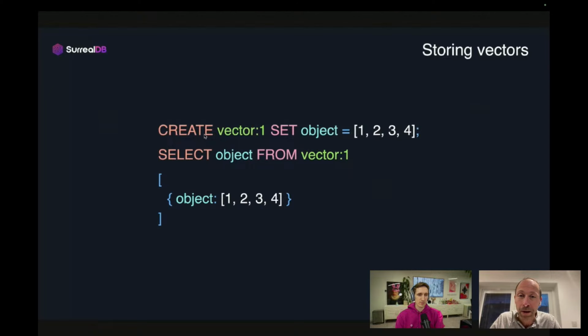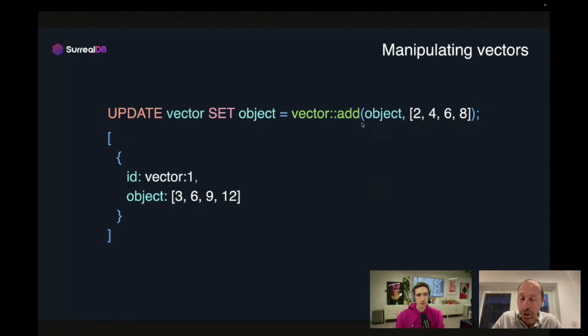So when you are using create with the name of the key to your record, you can set a value, and this value can just be an object. And this object will be an array, and this array will contain numbers. And here are our vectors. So this was already working, and you were maybe already using this feature. You can, of course, retrieve the object. It's a record like any other. Here it's integers. It's pretty common to have float as well, right? So it's just an array of numbers. So storing vectors in SerilDB was already existing.